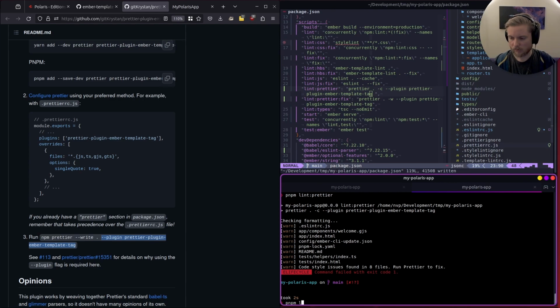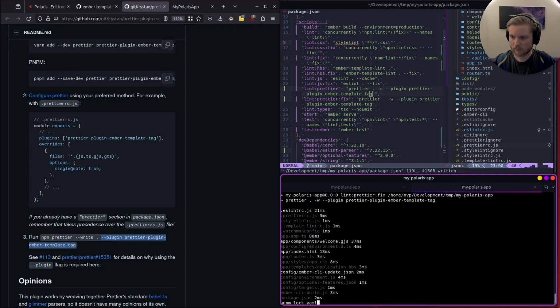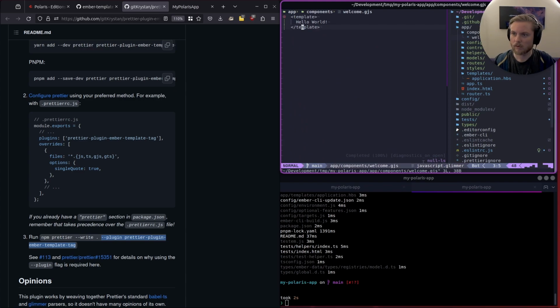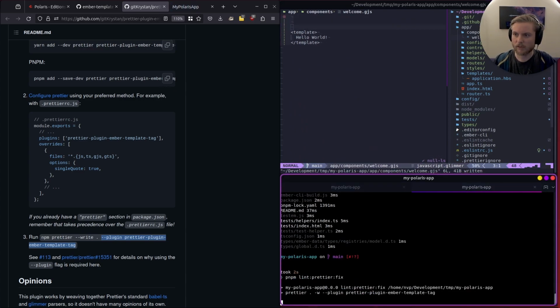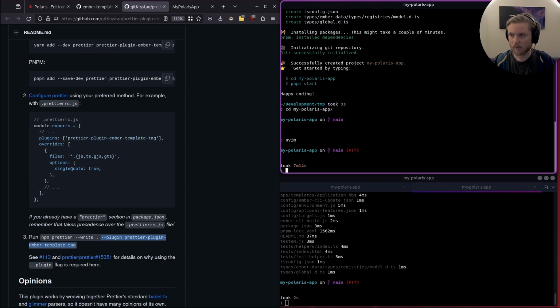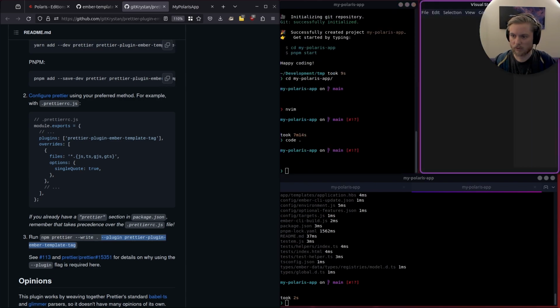Okay, so now let's run that. Cool. All right, I got rid of all of my extra spaces at the top. I'll run that again just to verify. Yep. Okay. Now, if you're using VS Code, which odds are you are,